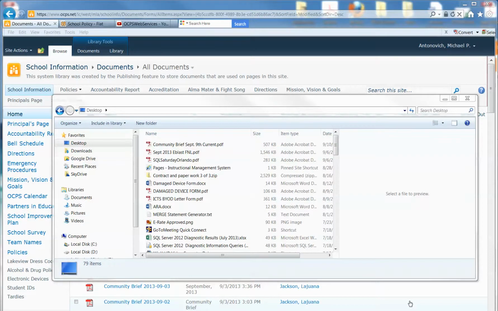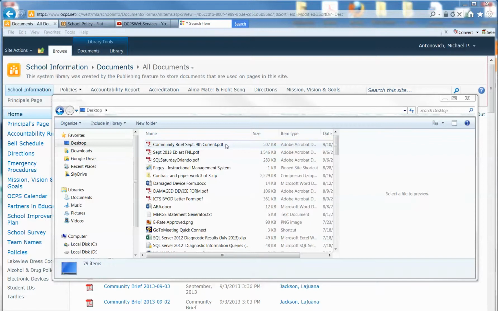Okay, the steps that you need to use in order to update the principles page is first you want to store the document in a common location that you can easily find. I'm using the desktop. So what I've done is I've put the original document, the original PDF, already on my desktop. Now I want to make another copy of it that I'm going to call